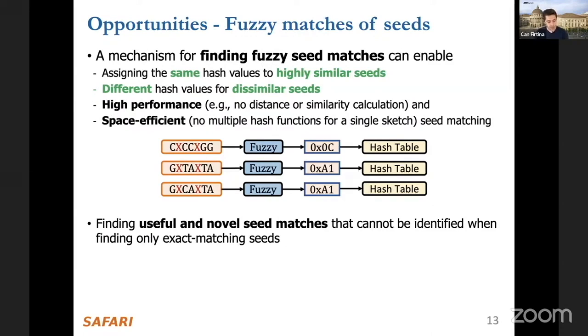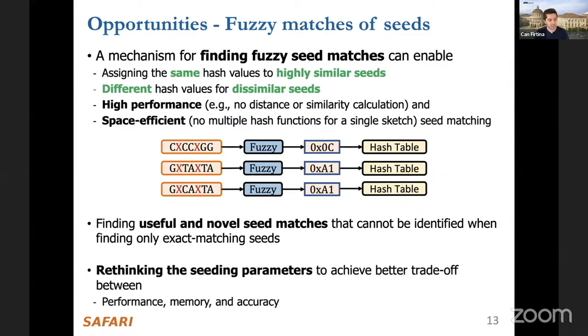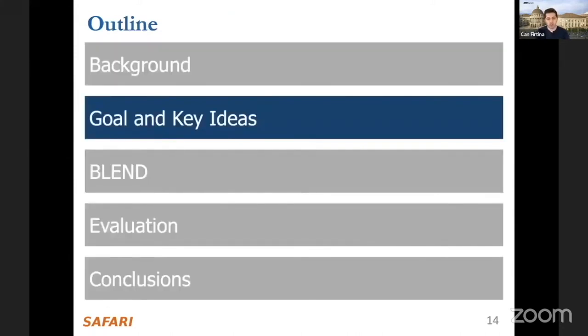So finding useful and novel seed matches that cannot be identified when finding only exact matching seeds can essentially be achieved using this fuzzy seed matching technique. And this also enables us to rethink the seeding parameters to achieve a better trade-off between performance, memory, and accuracy. These seeding parameters would be the k-mer size and window length and many other seeding parameters. So now that I covered some basics in read mapping and seed matching, I'll now